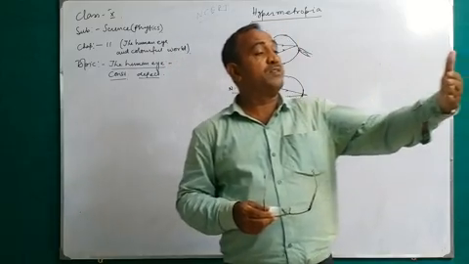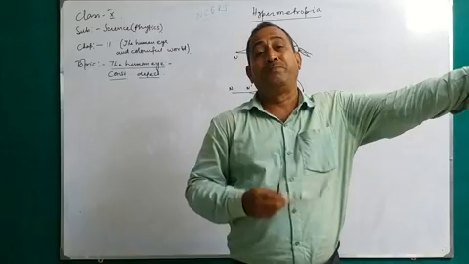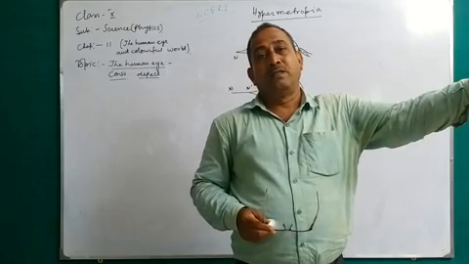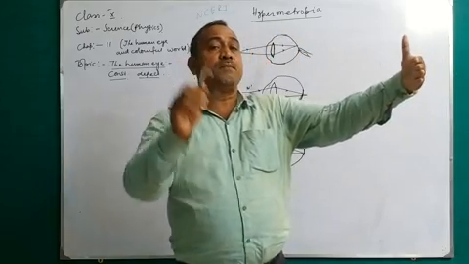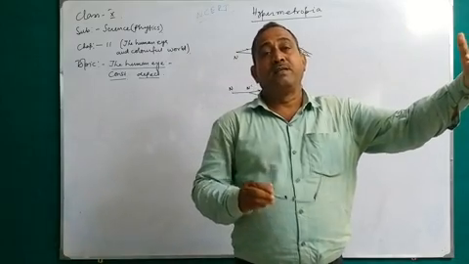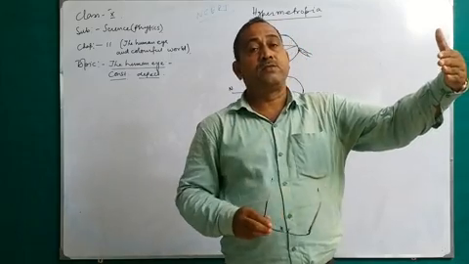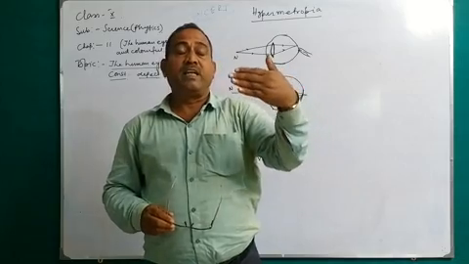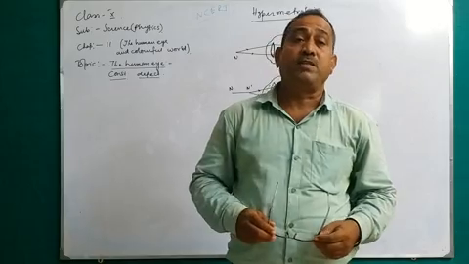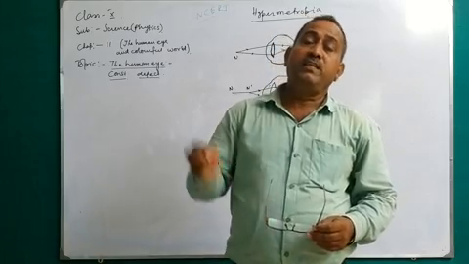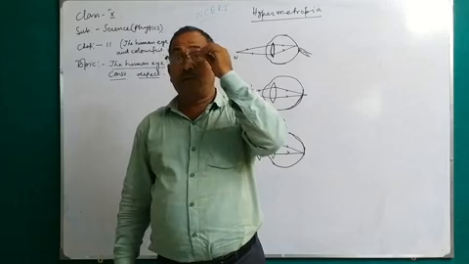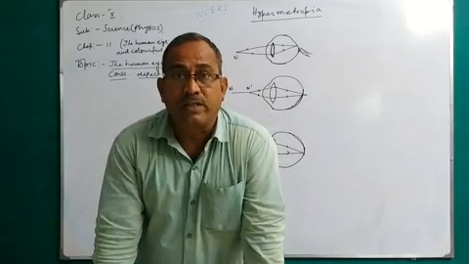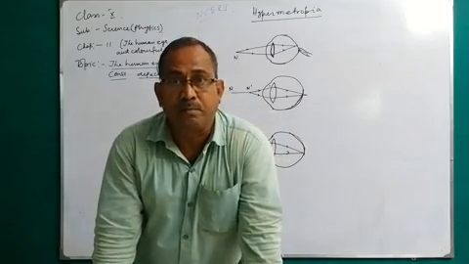You see in daily life, so many examples are there. Aged persons try to see the object from a far distance, more than 25 centimeter. When he or she uses this type of spectacles, that means with the help of the convex lens, the image will form on the retina and the near point of the object will be 25 centimeter. So it is a problem for the aged person, not the younger person. In childhood you see the myopic problem.